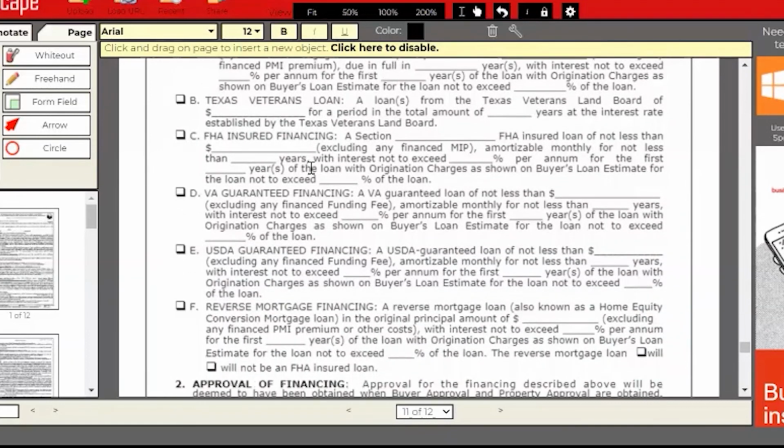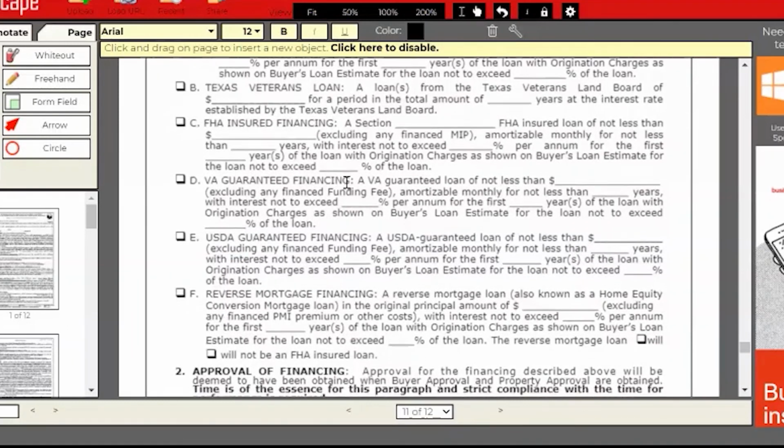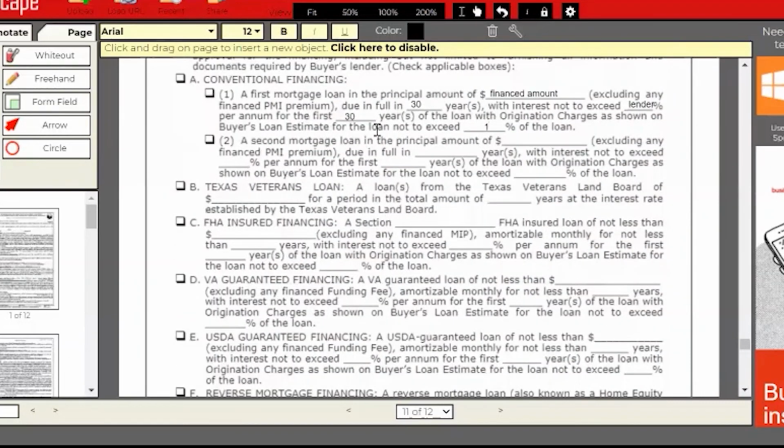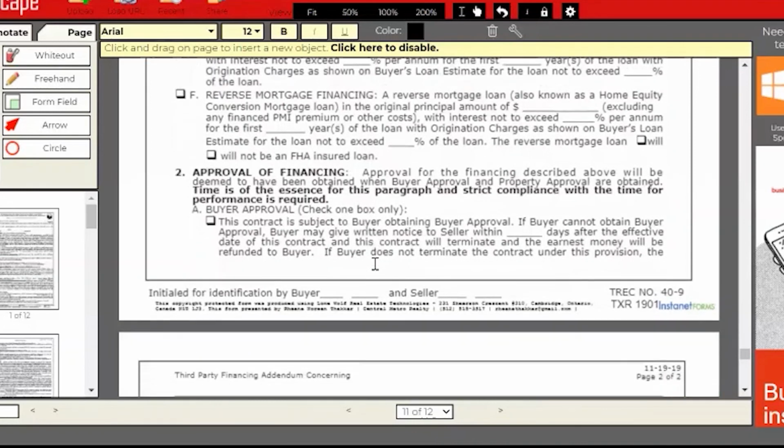Yep, that's it. And then if I ever do come into contact with a veteran or FHA loan, then I can, I got FHA. Yep. I feel like that's going to be, for the most part, what we're going to be using. That's it. Okay. And then